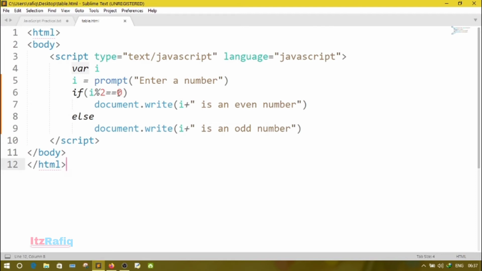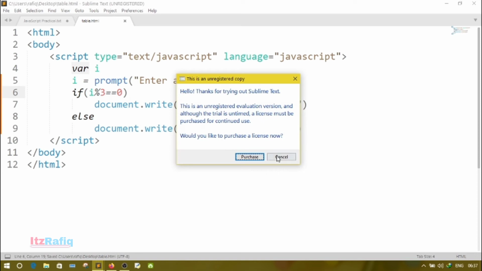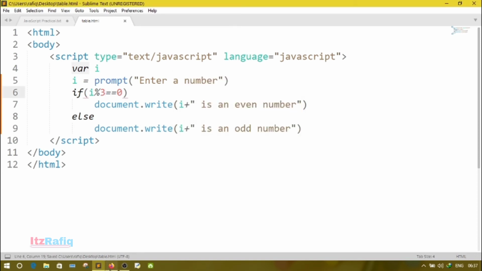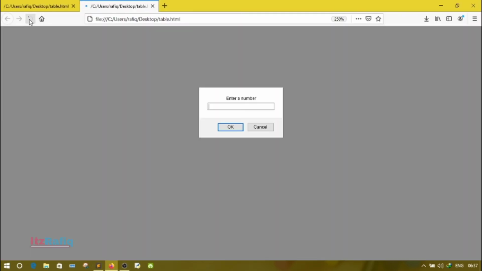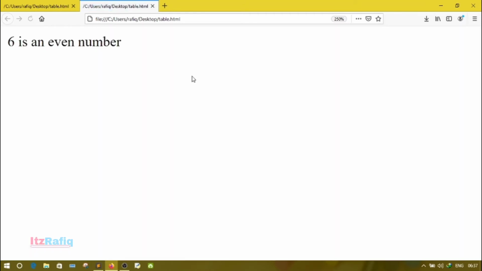So this way you can do this odd and even program. Here if it asks you to write a program to check if a number is divisible by 3 or not, then just in place of 2 you can write 3 and save the program. Now see here, the message will also be changed.